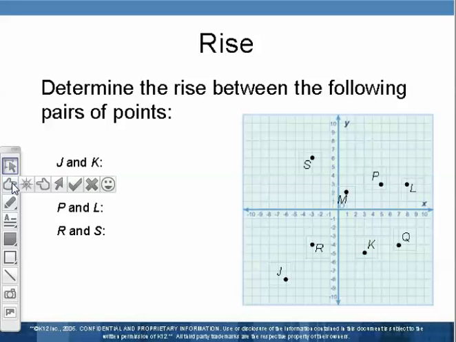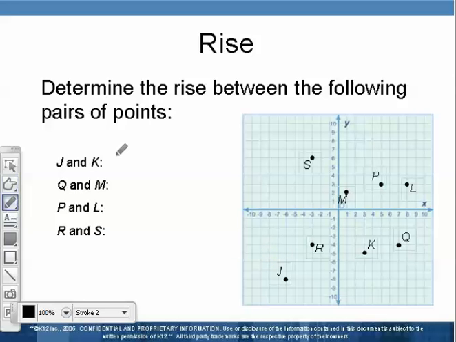Okay? So what I'm looking at here is what is the rise from J to K? Well, here's J here, and here's K here. And it looks like, okay, it's right over here. But if you look at it, it goes up one, two, it looks like it goes up 3 full units. Now I'm not going to try to do all of these for you, but I do want to show you some of them and make certain we're talking about how the rise is different